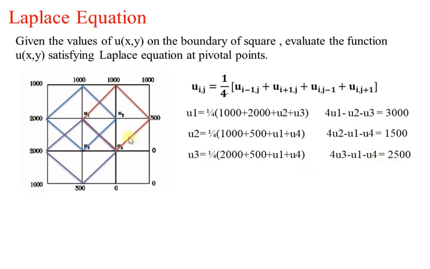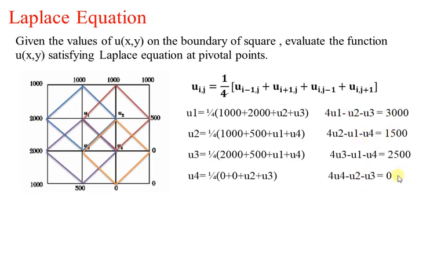And now the last value, the u4 value. To calculate u4, we require these 4 rhombus terms, that is u4 is 1 by 4, 0 plus 0 plus u3 plus u2, and rearranging this equation, we get 4u4 minus u2 minus u3 is equal to 0. So we have 4 unknowns, u1, u2, u3 and u4, and we get these 4 equations. These 4 equations are simultaneous linear equations, and by solving them, we get the values of u1, u2, u3 and u4.